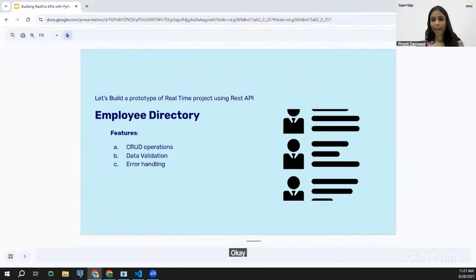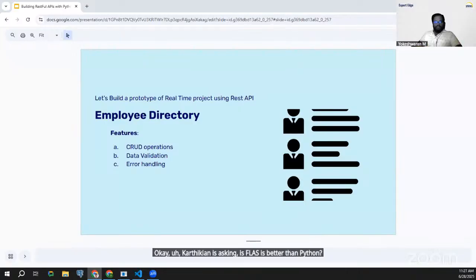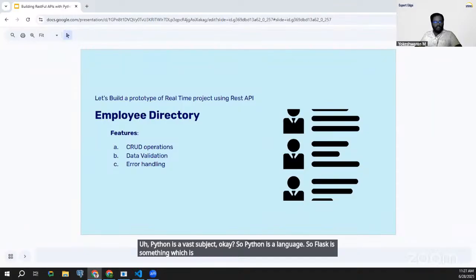Okay. Karthikeyan is asking, is Flask better than Python? Again, this is kind of an inherited concept. Python is a vast subject, okay? Python is a language. Flask is something which is built using that Python language. So Flask, assume like